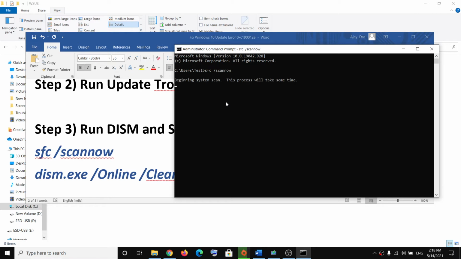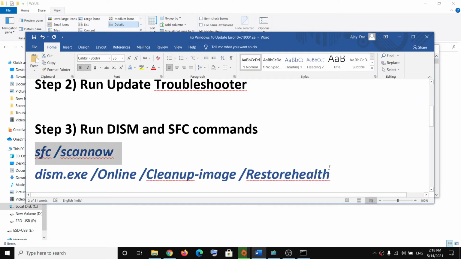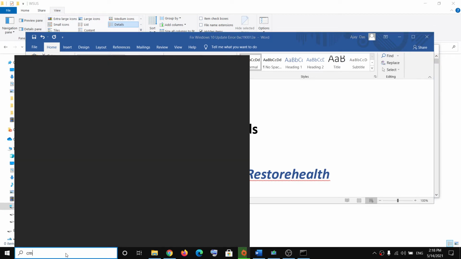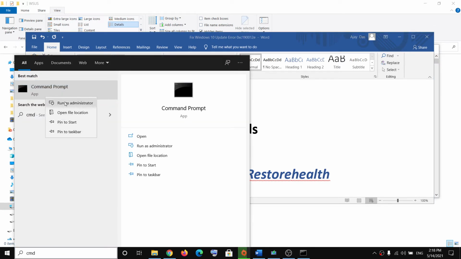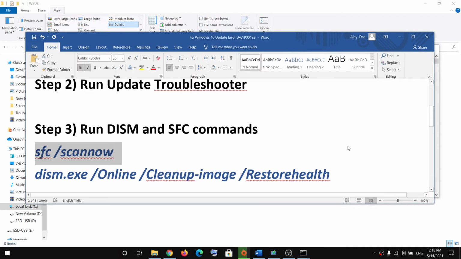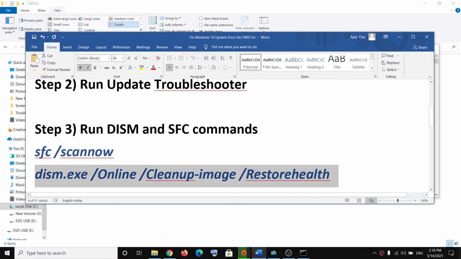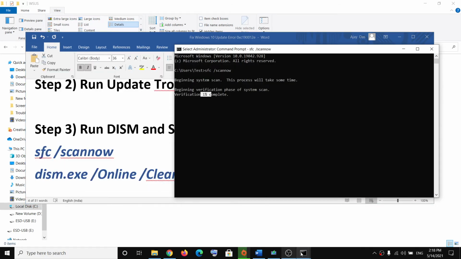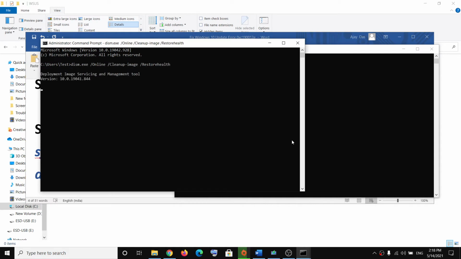And once this scan is 100% complete, run the second scan. So let this scan complete, and once this is 100% complete, again run the second command. So you can open CMD once again, make a right click, then click on Run as administrator and then copy this second command, paste it over here. And once this scan is 100% complete, restart your computer and then try to update your Windows 10 once again, and that error message should go away.